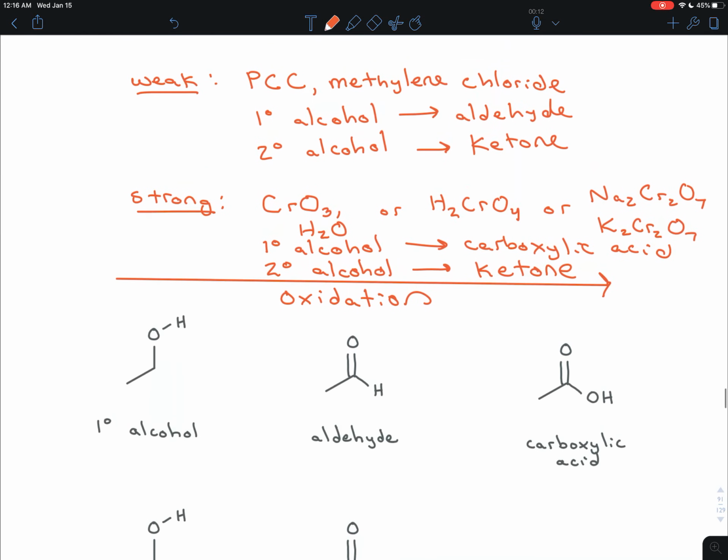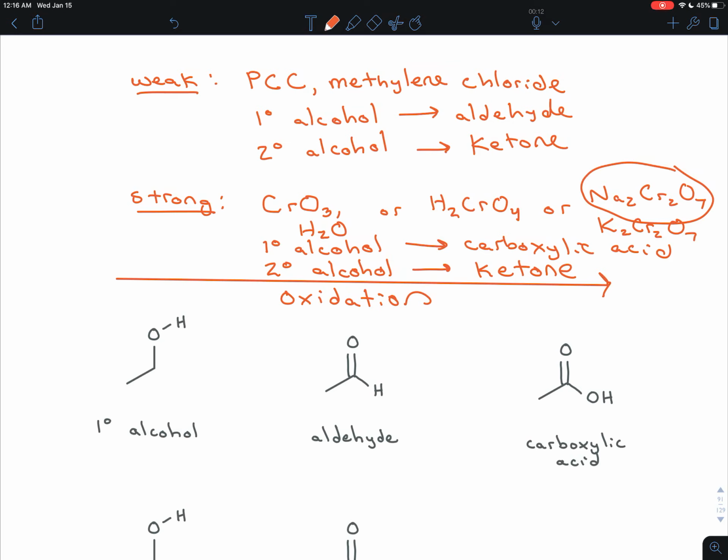For these strong chromium oxidizing agents, you might have run into these before. Sodium dichromate, like a lot of organic compounds, can be very toxic. So if you're working with these in the laboratory, be extremely safe. Make sure you wear gloves. Make sure you don't take this stuff out of the fume hood. Sodium dichromate